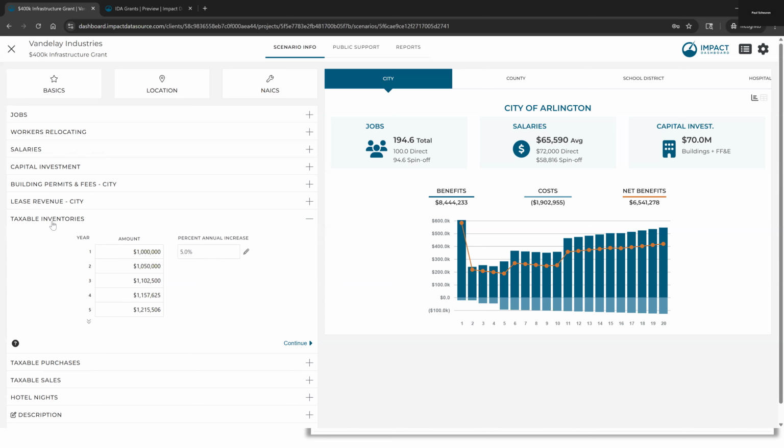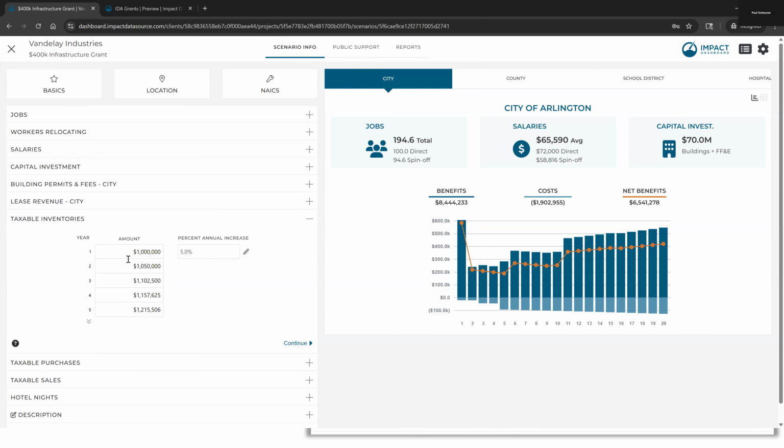If a company is going to have a significant amount of inventories, they may be doing these calculations on their side, in terms of how some of this is going to qualify for Freeport exemption from the city, the county, and the school district, and so we want to make sure we know that. What you could do, the way I would do it, is